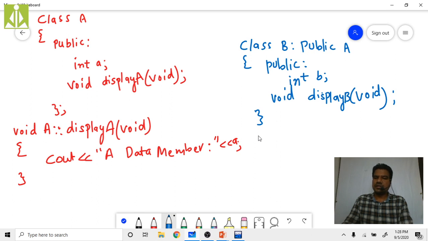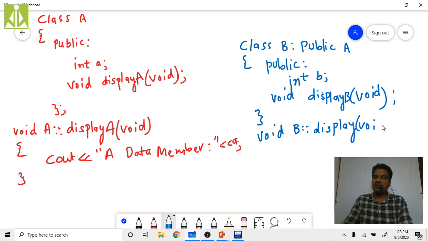Write the return type first, that is void, then write the class name B, then the scope resolution operator, then write displayB of void.